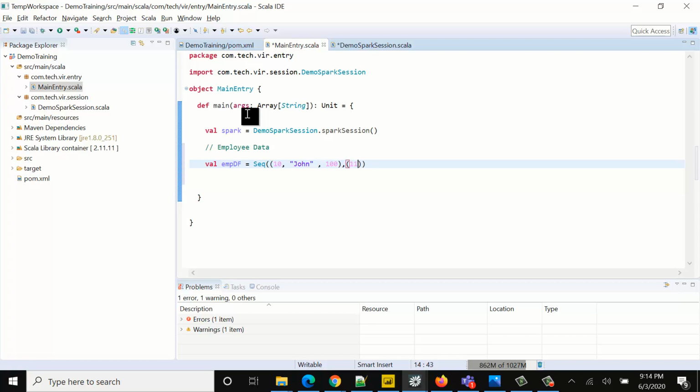Let's say the next employee is 11 and the name is Garner, and the department ID is say 200. Let's add one more record, so we'll have three records in our employee data. The next is 12, name say Mikey, and let's say the department ID is 300. Then we can convert it into